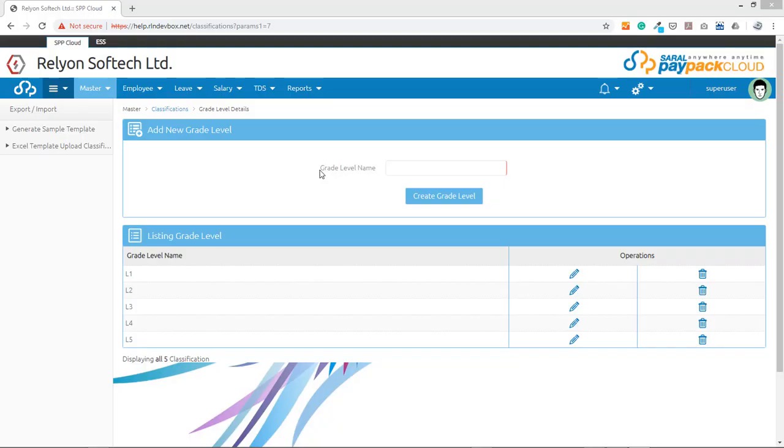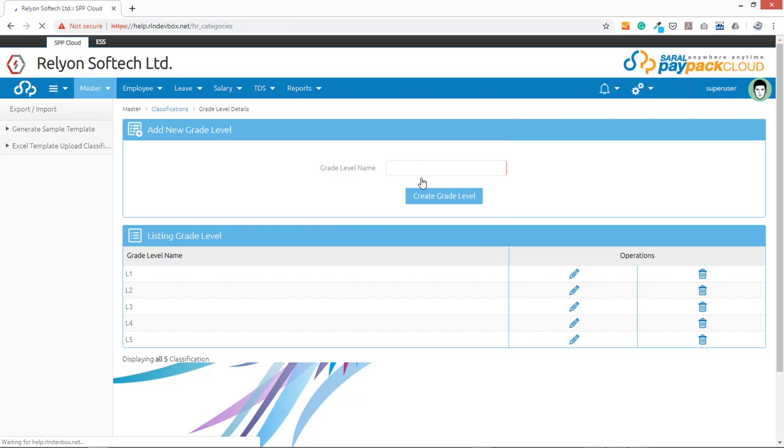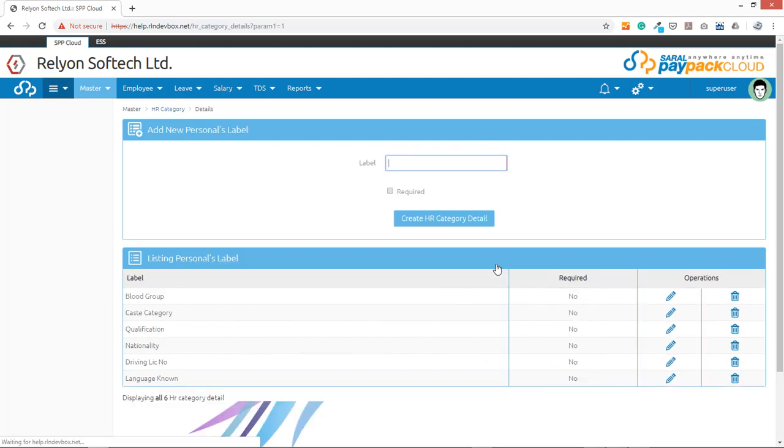The next option is creating categories for HR details. This process is similar to how you would create classification details. Select HR category under Masters, Others. Here you can create the category, edit or delete it. Under Details, you can further define various labels for each HR detail category created. You can also enable the required checkbox here to define whether it is mandatory to enter this while creating new